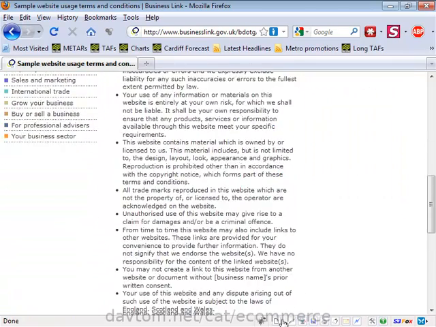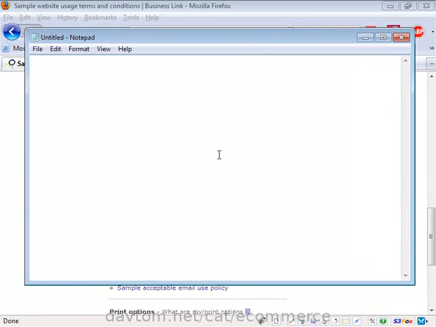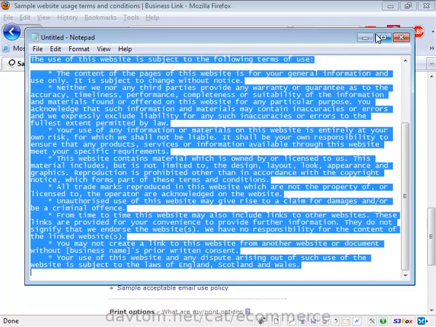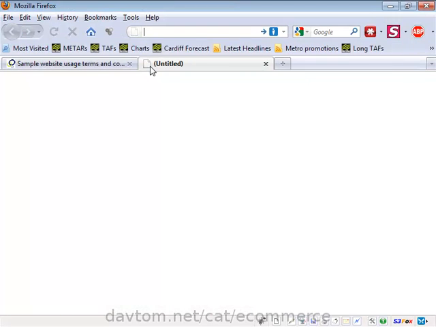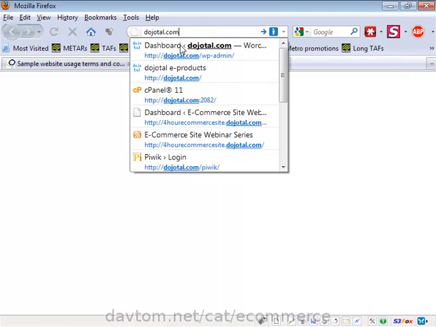If I copy this lot out and I stick it into a text editor, select all and copy again, I can then go into my WordPress installation, my eShop,